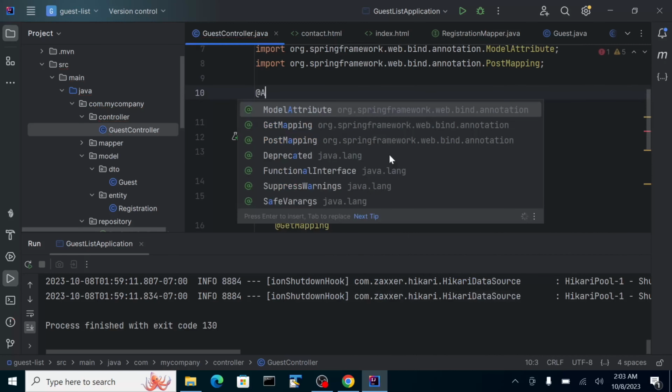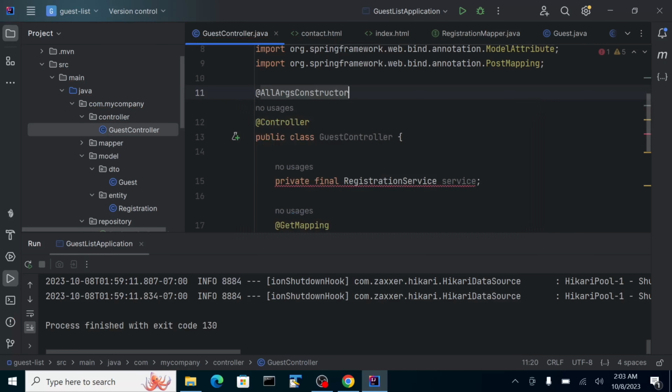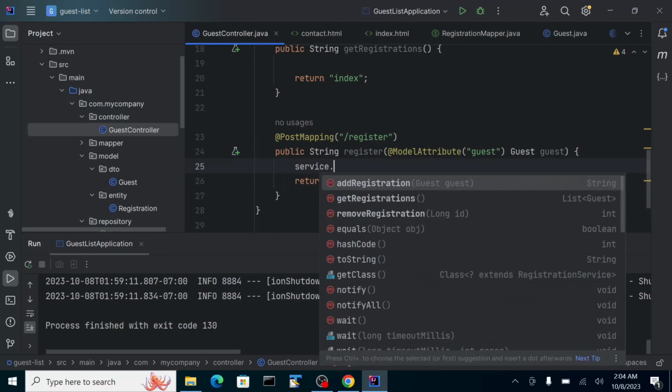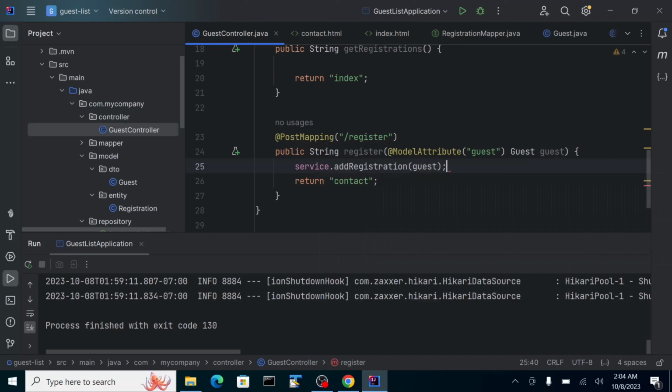So let's use the Lombok AllArgsConstructor, and then we'll be able to use the constructor itself already. So service.addRegistration(guest). Okay, so we can directly, shouldn't be returning that one. We should redirect back to the index page. Okay,